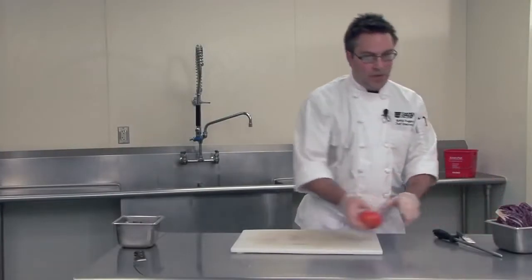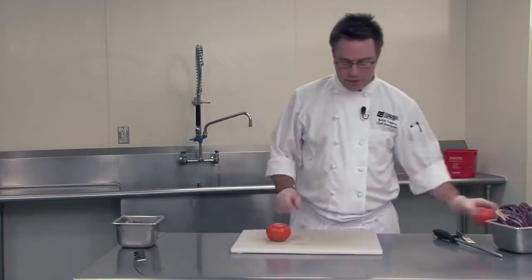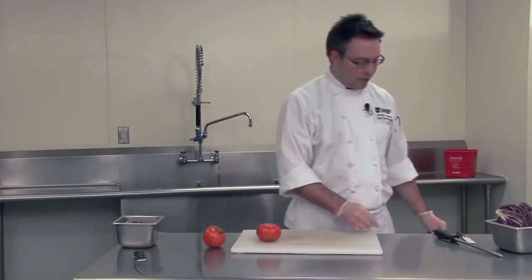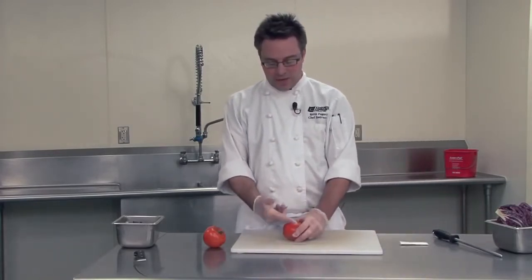The next thing that I want to work on here is tomatoes. Now, tomatoes, we do two things with tomatoes. So I will actually pull 2 tomatoes out so I can show you. Our tomato project first is going to involve our paring knife because we need to take the core end out